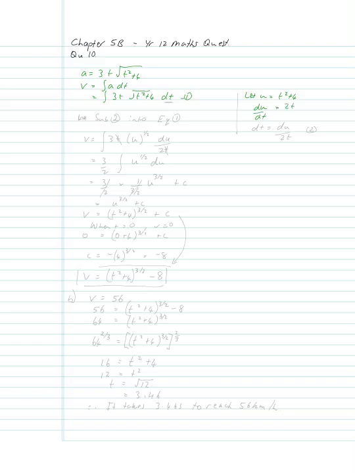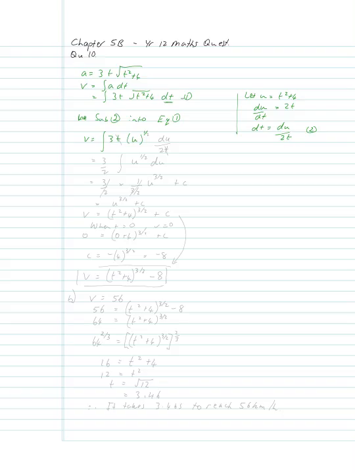What I'm looking for though is to be able to substitute for this dt here. So I'm going to rearrange here and say that dt is equal to du over 2t. I'm going to call that equation 2. So now sub equation 2 into equation 1. So that will give us velocity is equal to the integral of the 3t won't change, but now instead of